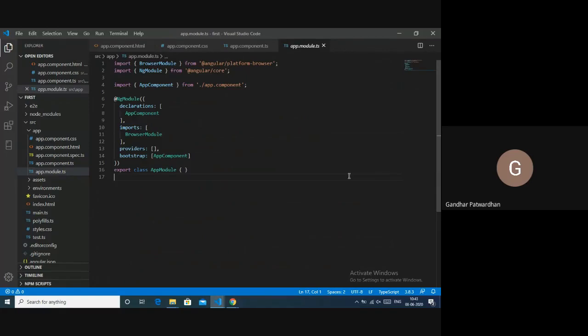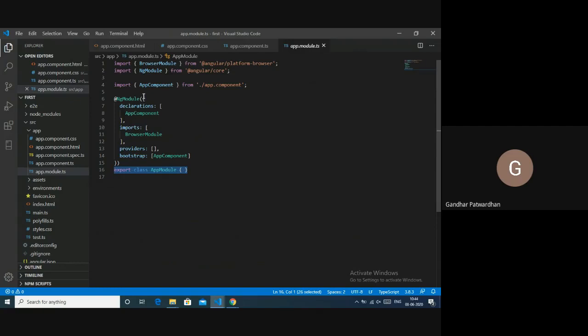In app.module.ts, you can find this ng module decorator here, or you can also call it an annotation. In general, whatever starts with @ is called an annotation. It is very widely used in Java as well. When you use some Spring library, you will find heavy use of these annotations. In general, an annotation is nothing but pre-processing which is done before a class. This is not the exact definition, but at least in this particular case, this ng module would be something like a preprocessor.